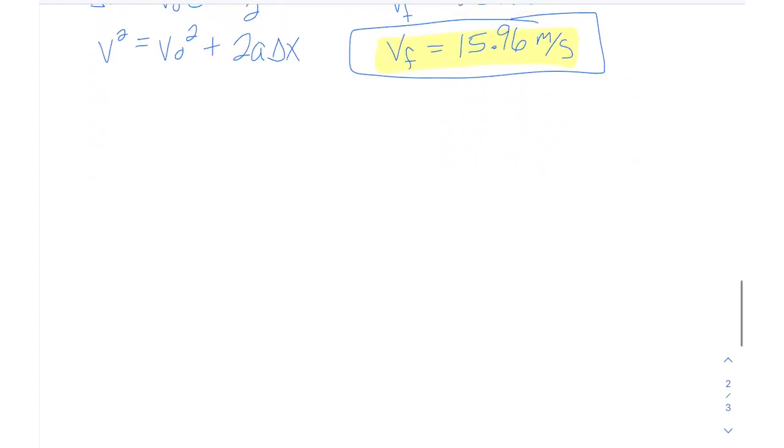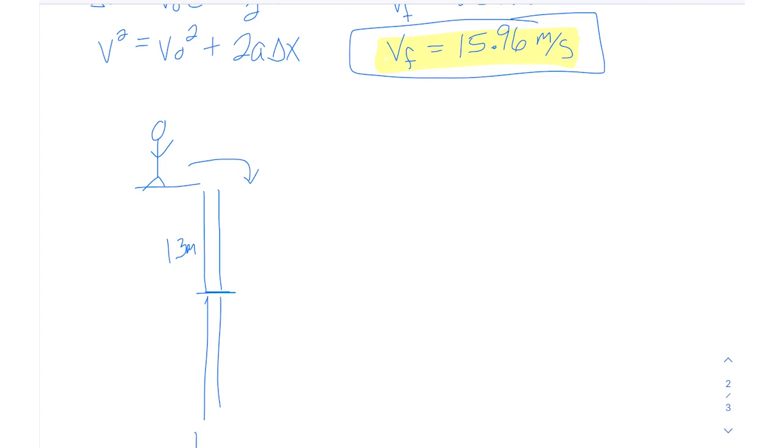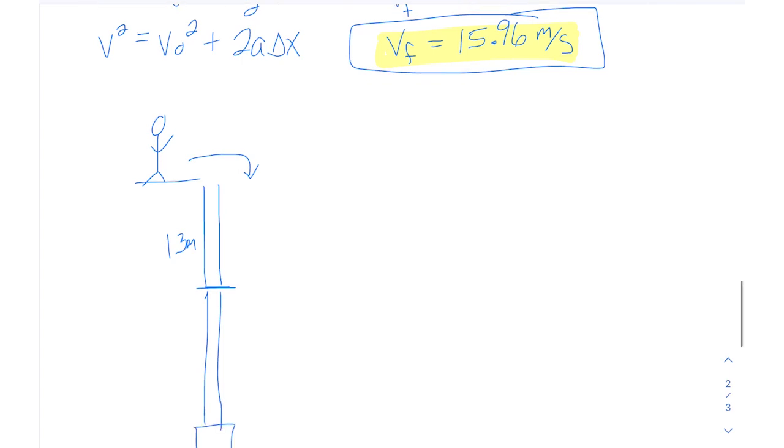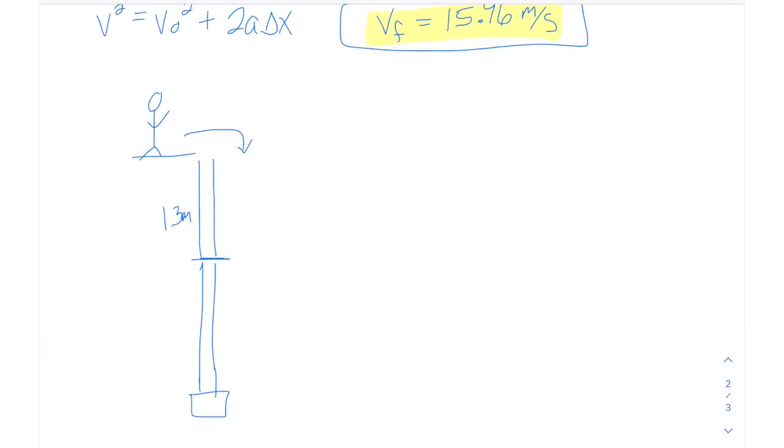Because here I'll leave that value so that we can see it, but I'm going to just redraw our scenario. Bungee jumper is going to jump. And then we get 13 meters down. And that's when the cords, right, the two cords, are going to start to stretch. And then they're going to stretch another 22 meters. So here they start to stretch at this point, and then they stretch another 22 meters, attached to our jumper. We'll represent as a box here for our free body diagram, but basically what we're going to see is that